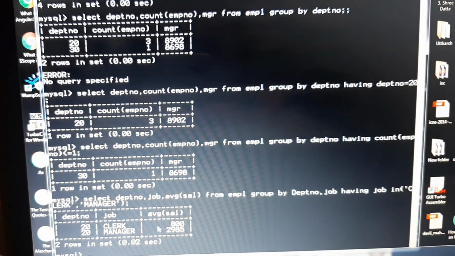So what this command is doing for us, it is showing us the department number, the job, and the average salary of those who belong to the clerk job or manager job, and the query has been grouped on the basis of department number. If two department numbers match, then the job will be given importance, but it is showing only the records which have been given in the criteria of having, where the job can either be clerk or manager. So that means instead of where, you can use the having clause here,